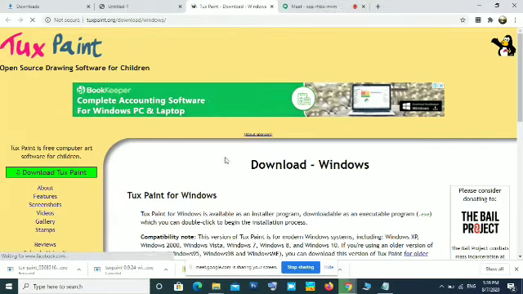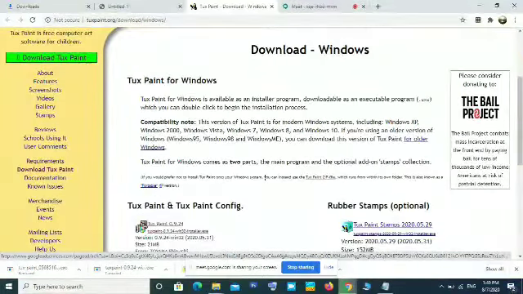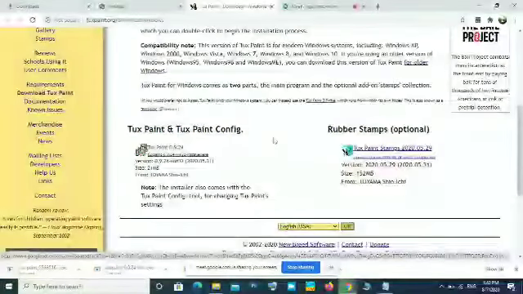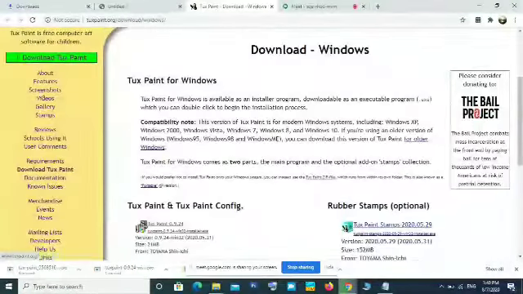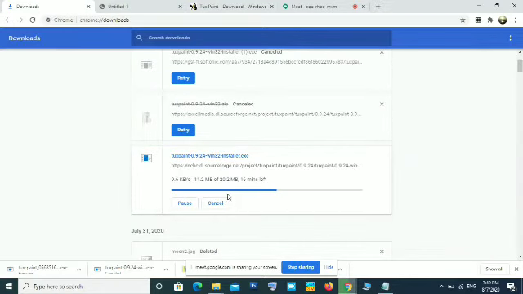You will be taken to this site and you will find different versions there. Here you can see the Windows version, and Linux versions are also available. On the left hand side you can see Tux Paint, and all the details will be here. You just click Tux Paint, then it will download from another website, so it will take some time. I have started that download and it is taking some time. You can see here only 11 MB finished out of 20 MB. So that is a slow website.